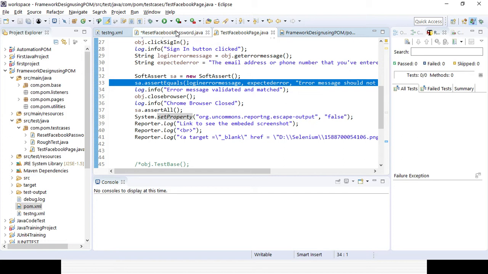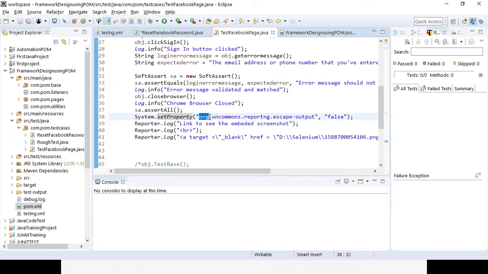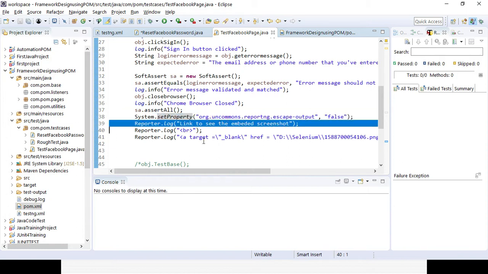Whenever we verify the report generated as part of report-ng, we can see some logs and also a link.